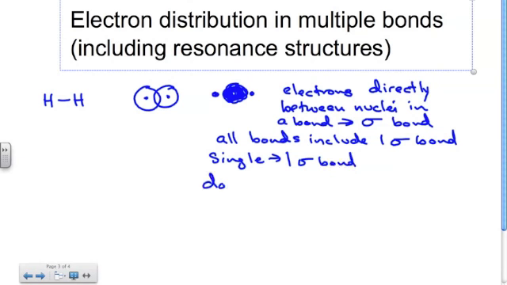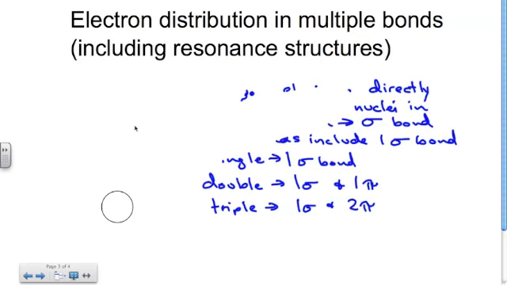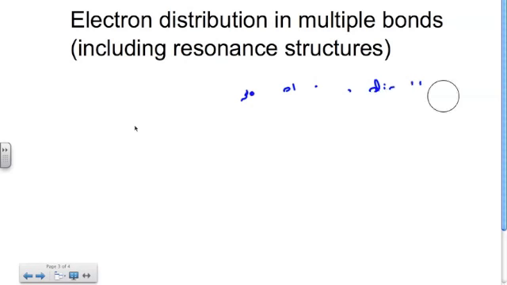If it's a double bond, one of the bonds will be one sigma, and then the other one will be what we call a pi bond. If we have a triple, we will have one sigma bond, and we will have two pi bonds. Okay, so what are pi bonds? Well, if we look at